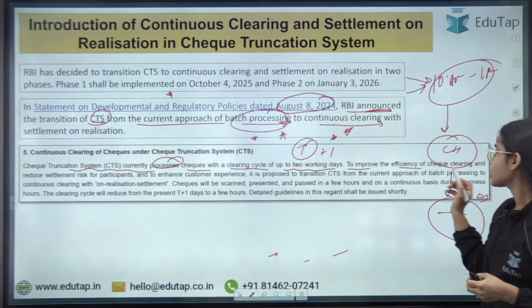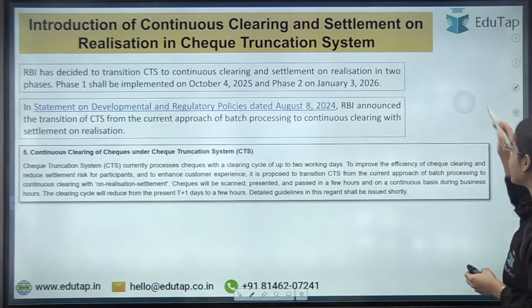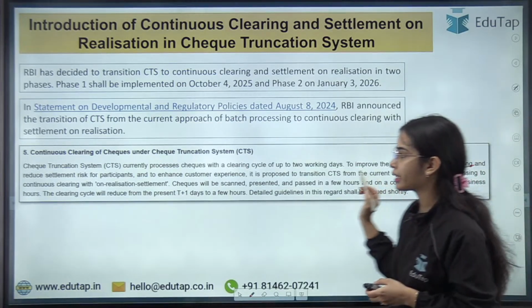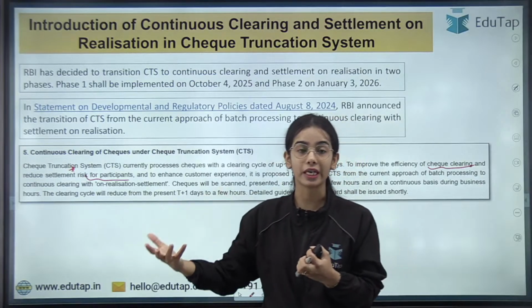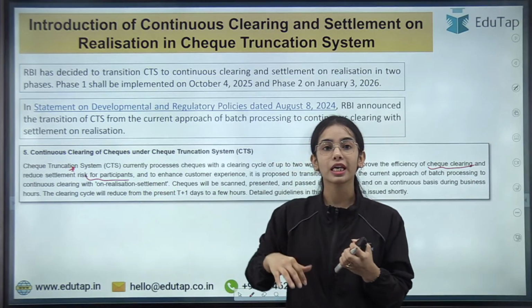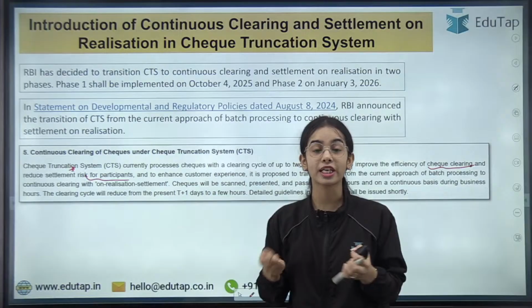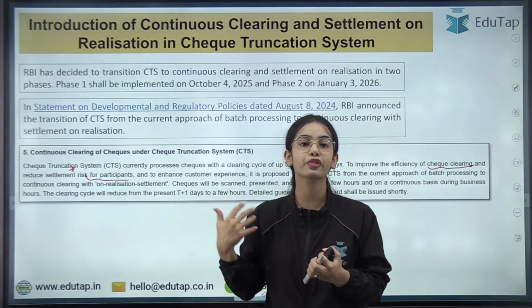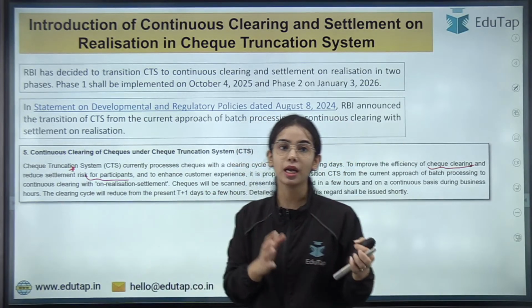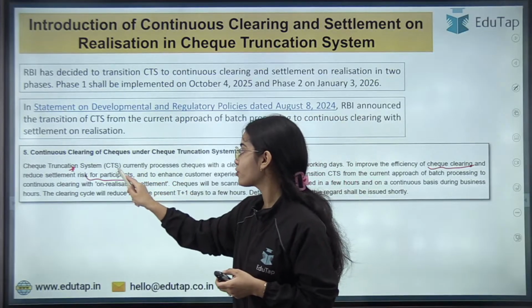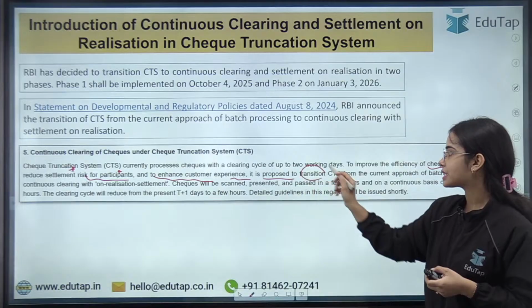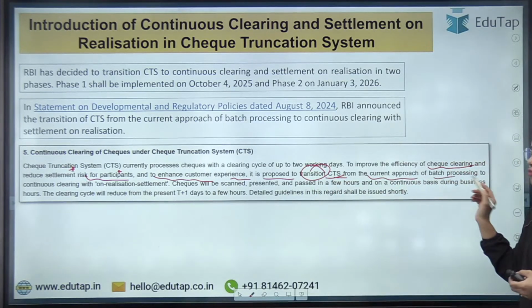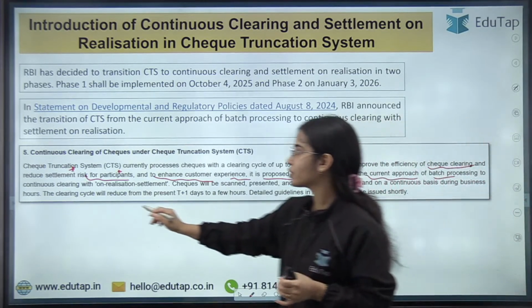To improve the timeline and efficiency of check clearing and reduce the settlement risk for participants, because anyone who was getting a check was afraid that the check might bounce, or that they would not get their payment in a timely manner. So it was a risk for the participants, and to enhance the customer experience, it is proposed to transition the CTS from the current approach of batch processing to continuous clearing,